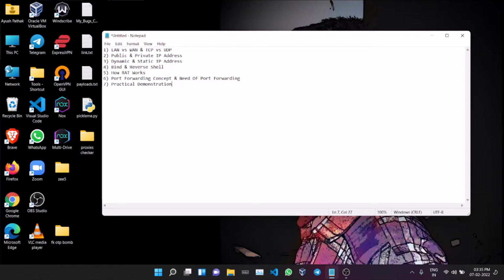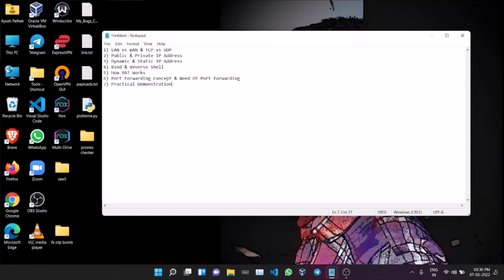So let's talk about the port forwarding concept and why we need it. This is the most important topic of this whole video, because for this concept to work outside the network, you should know this. Take an example of 5 devices connected to a router. As I already said, all those 5 devices connected to a router will only have private IP addresses. So now you will ask how those devices will connect to the internet. If they don't have a public IP address, they are not visible on the internet, so how would they communicate with websites like Google, Facebook, and access the internet?